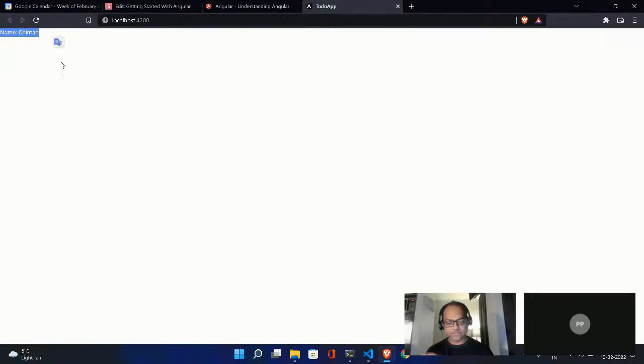I'm sure it's really small. Let me just zoom in. See, the name is displayed here. That's why we create front ends. You can take some information, display it on the front end, and my end user sees something which is visible. So this is one way to render information using interpolation syntax.